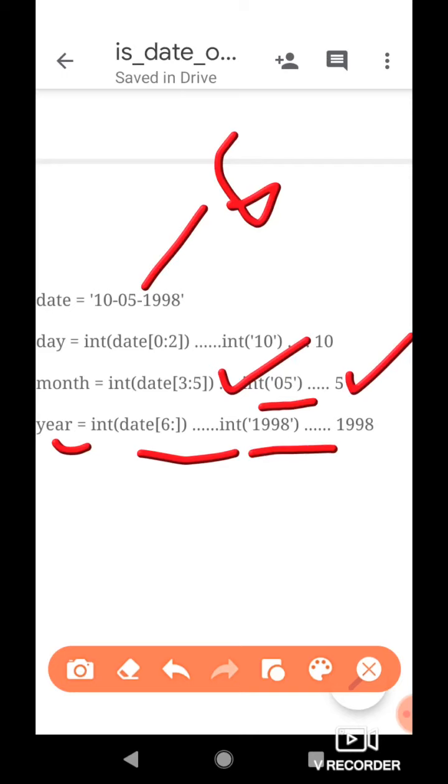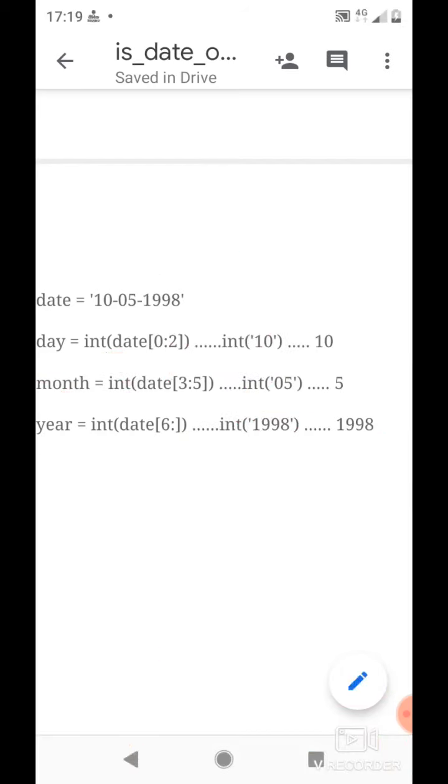So we get the string 1998, and when we apply the int function on this string, we get the number 1998. This is how we extract three numbers, the day, month and year, from the date input in string form by the user.